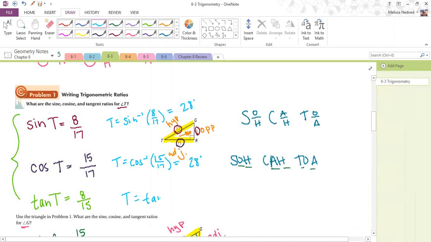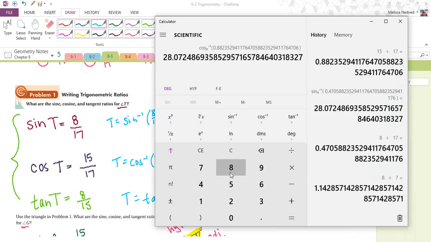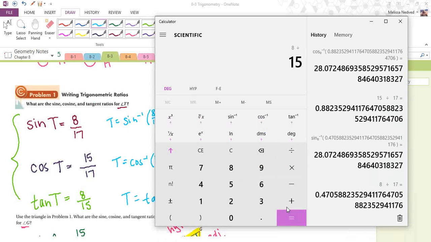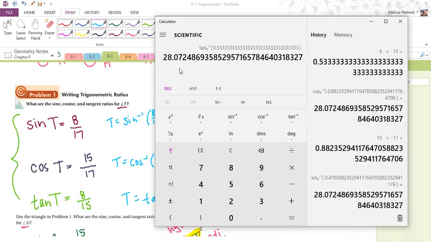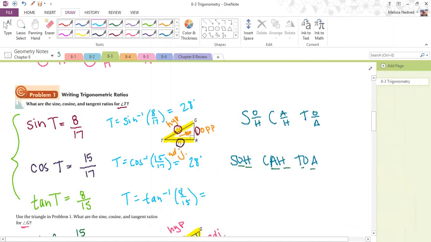If I do inverse tangent of 8/15, enter, inverse tangent, look, 28 degrees. So if you know all 3 side lengths, you can choose which you'd like to use, sine, cosine, or tangent. All of them will give you the same thing as long as you're picking the right sides. Okay? So